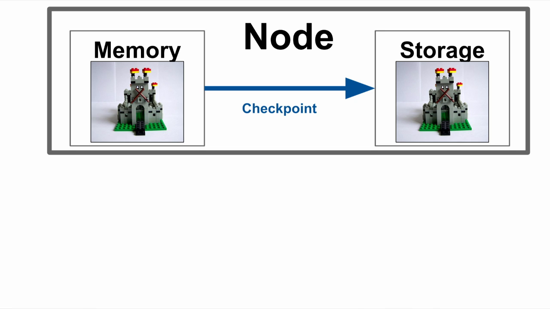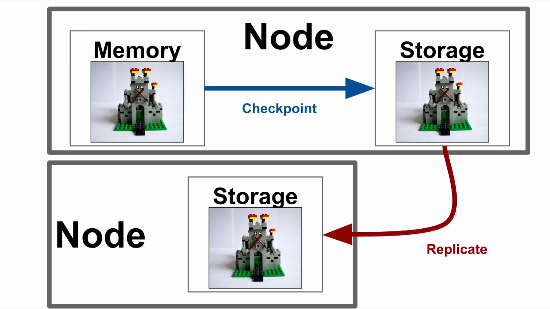But then we also maybe have to worry about replicating it to another node, because if that node goes away, we need to be able to recover from that. And we start seeing that, while we started with one simple castle, we now have 3 copies of it. We had to buy 3 different Lego sets just to be resilient to that evil little kid. And it starts to be expensive, both CPU, processing-wise on the machine, and network-wise, sending all the data across the cluster, and it's not as efficient as it possibly could be.